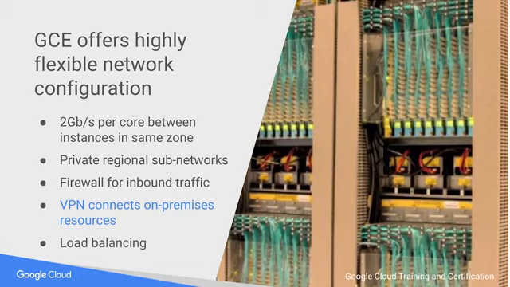Once your machines are configured, you'll connect them to each other using the Google Virtual Private Cloud network resource. You'll automatically benefit from Google's extremely high performance network, meaning that you get 2 gigabits per second of bandwidth per core between machines running in the same zone, with an upper limit of 16 gigabits per second of bandwidth. In addition, when you provision resources in different Google regions, traffic between them will flow exclusively over Google's own fiber network, resulting in lower latency and higher throughput than if the traffic was routed via the public internet.